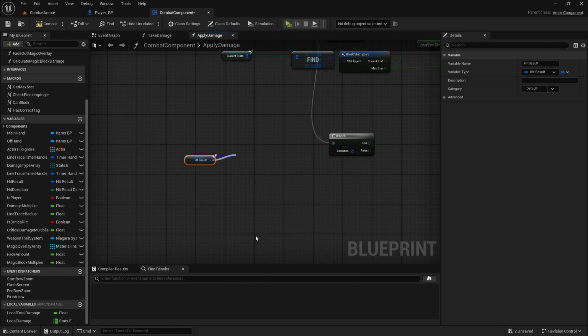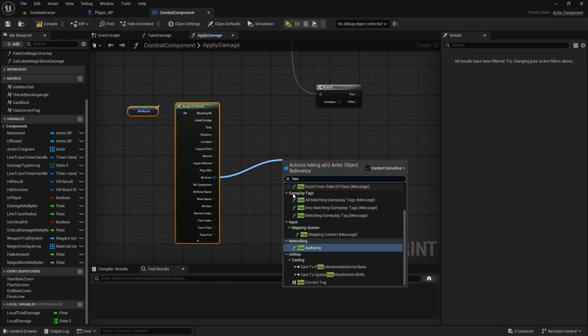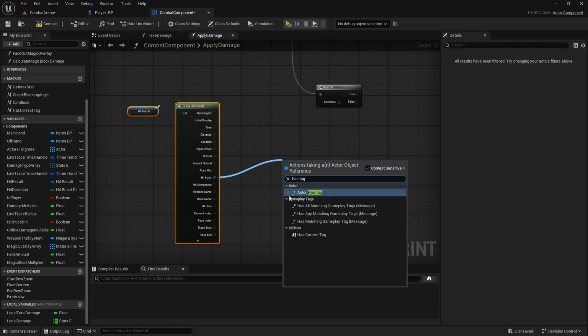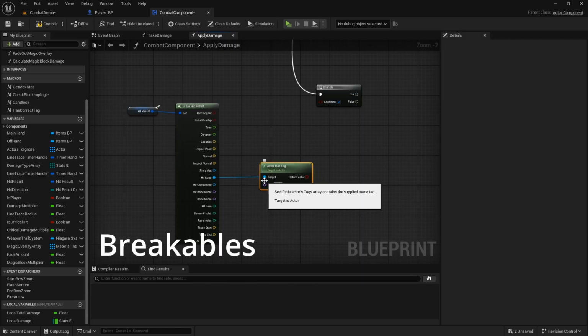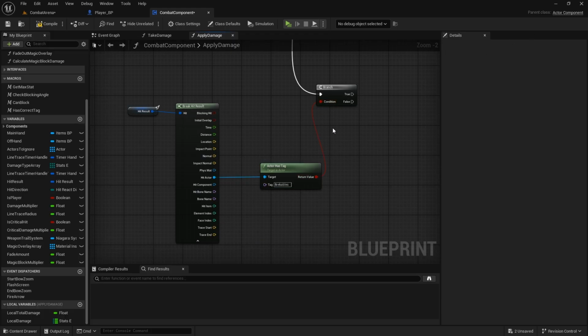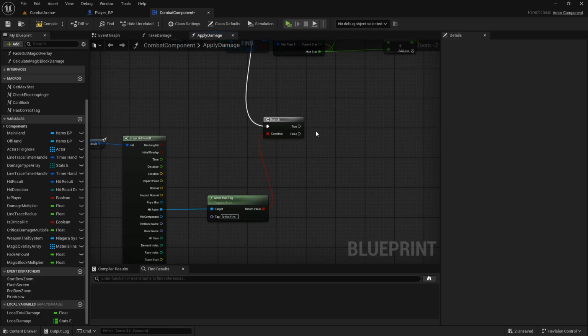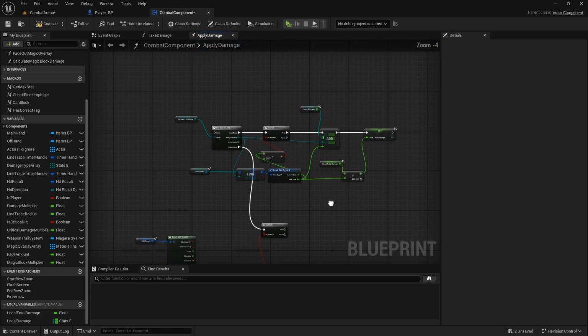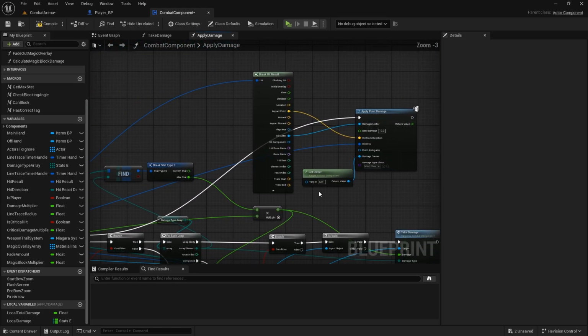Break it open, and we want to check if this hit actor has the tag breakables. So if it's a breakable that we hit, like a breakable box or something, then we want to apply just the regular apply damage function. If it's true, we're going to copy this part that we have here, apply point damage. Just get the owner and this node